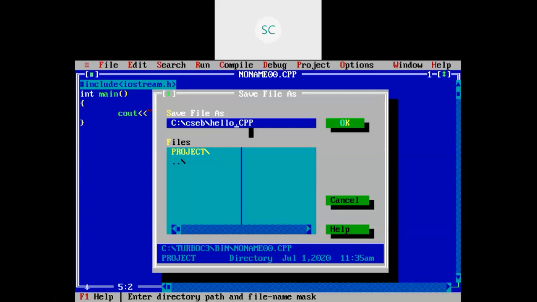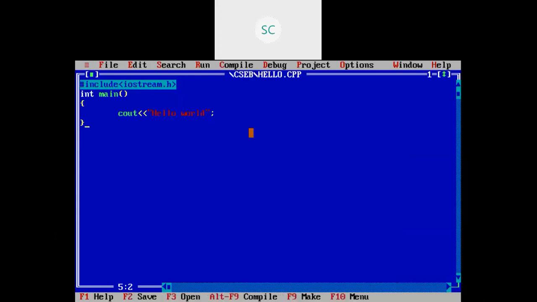You need to give the file name, dot, extension, that is dot cpp. Here hello is the file name, dot cpp is the extension. Now you can see it is saved in the location CSCB hello.cpp. Here your file is saved.